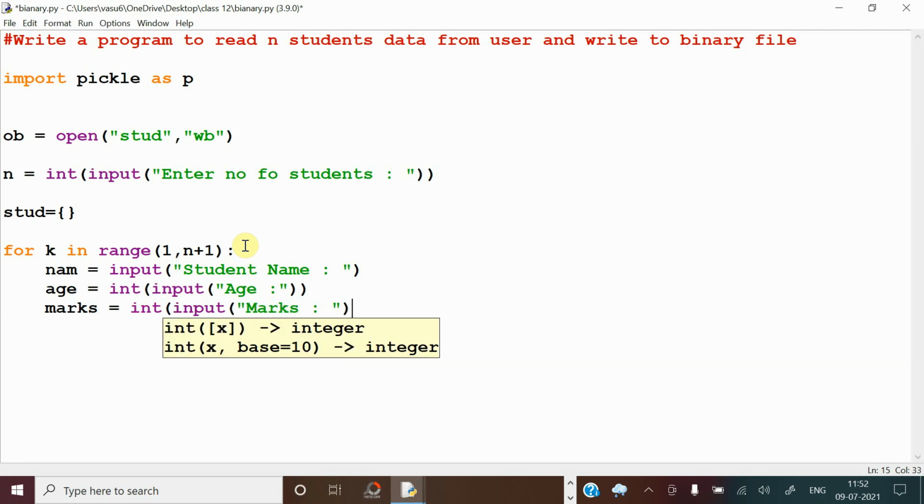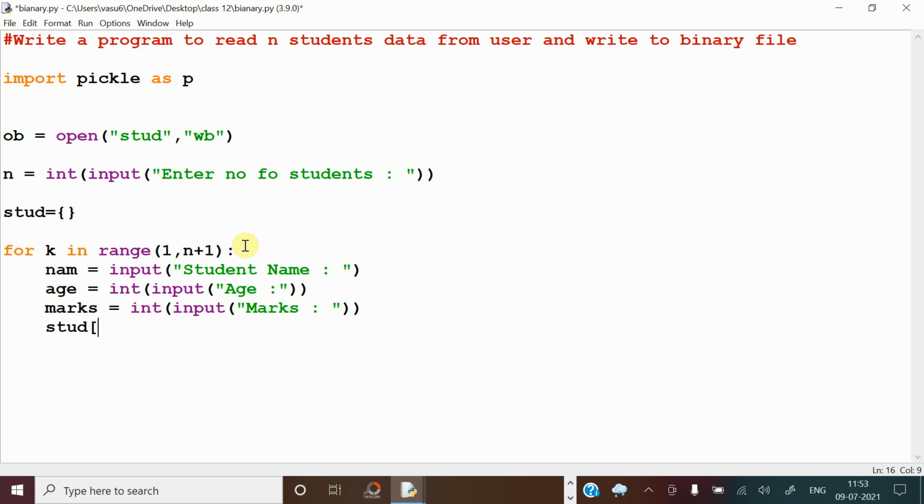So like this, assume that you read the data for one student from the user. Now the whole data should be kept in the dictionary with some keys. For storing the name, I am giving the key as name, and within that you keep the value name. Now I have to assign the second thing. For this, I am using the dictionary key age, and here I am storing the value age, whatever is stored in this variable.